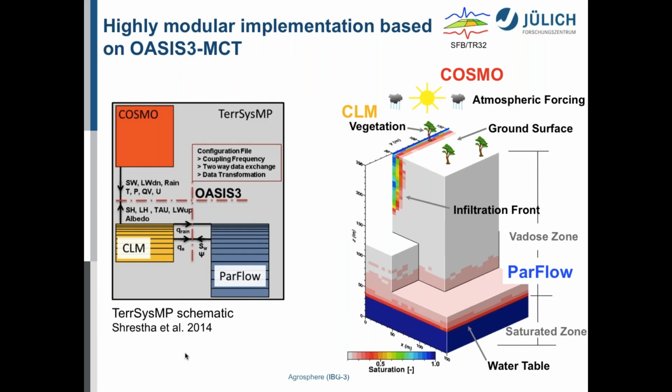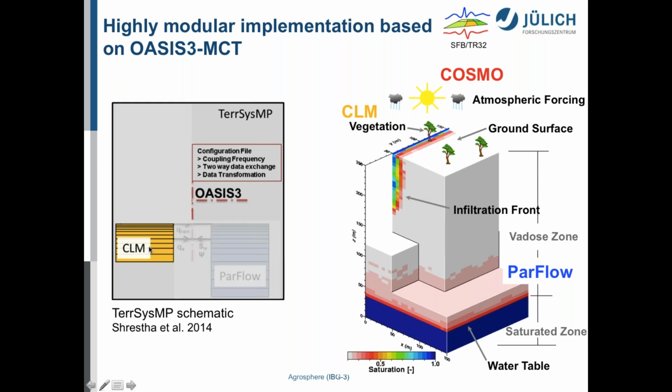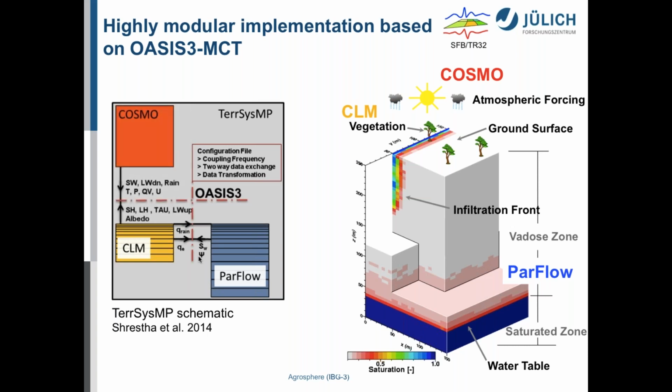It's a highly modular setup, so we can easily drop in and out different component models. For example, we can remove the subsurface ParFlow and perform a more classic atmospheric simulation with the land surface model as a lower boundary condition, or we can take out the atmospheric model and perform a more classic offline hydrologic simulation. So it's a neat setup that Prabhakar et al. developed here. And of course, what I'm going to talk about is a fully coupled system from groundwater into the atmosphere.